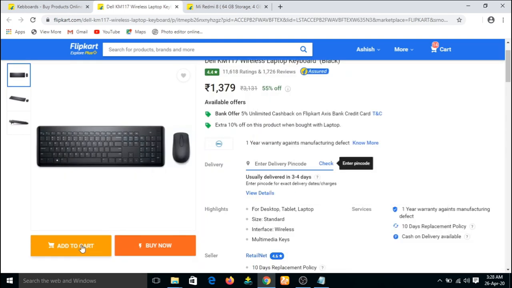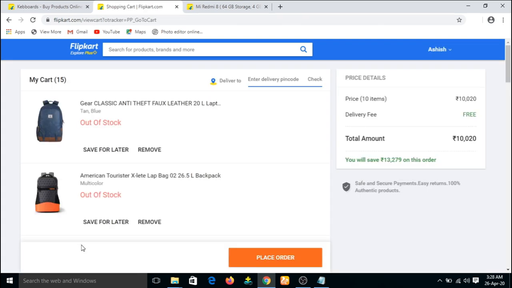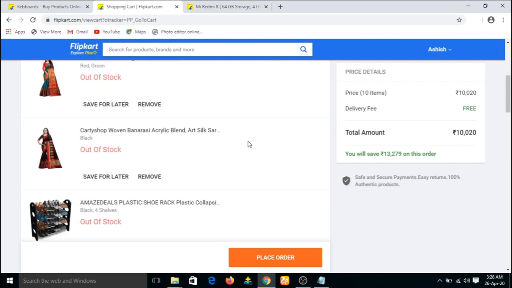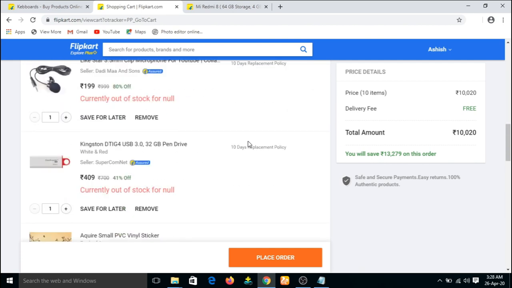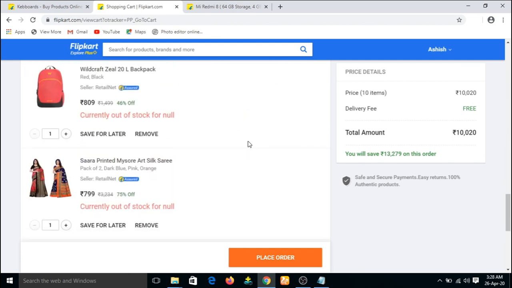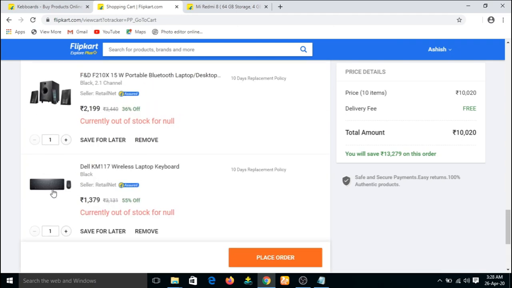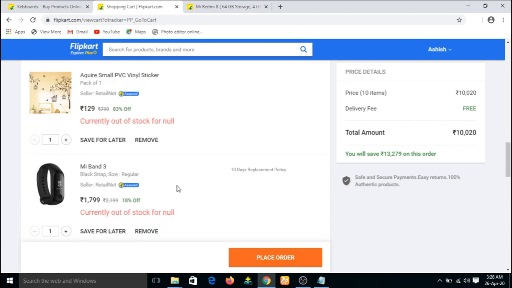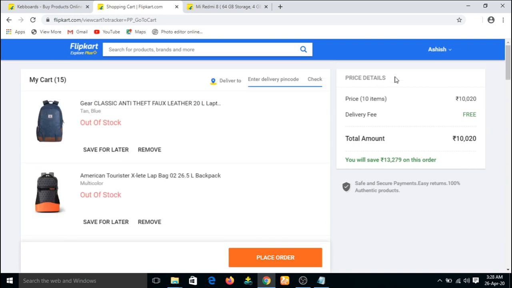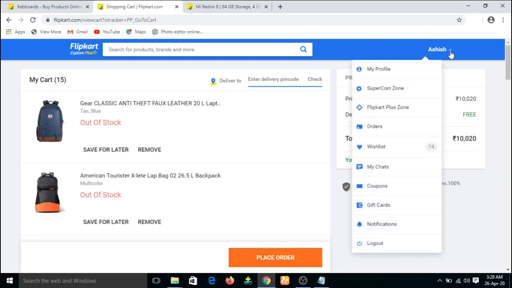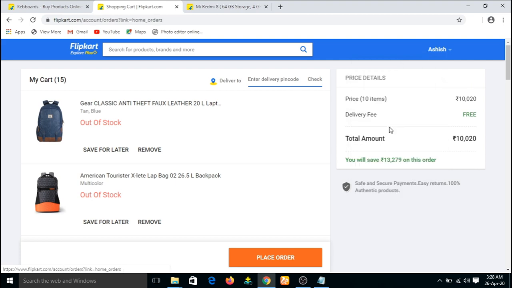Then click on add to cart. Let's check whether it is present in the cart or not. Here, this is present. Let's go somewhere else, like click on orders.